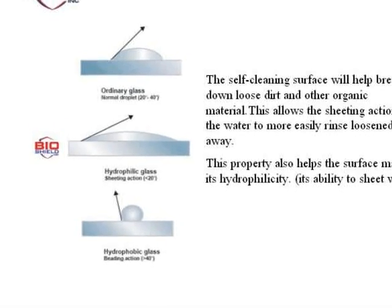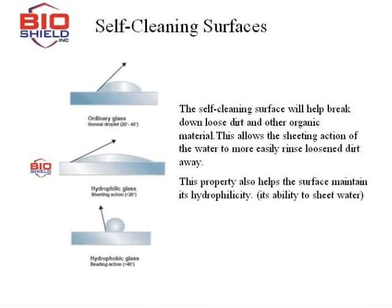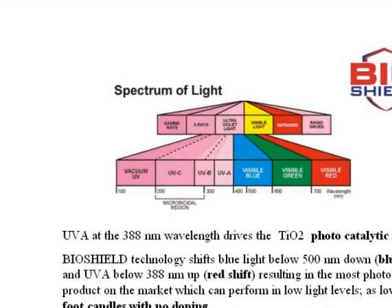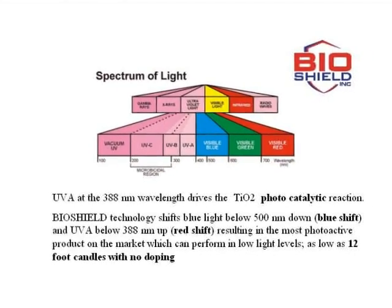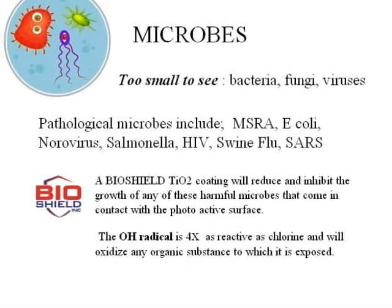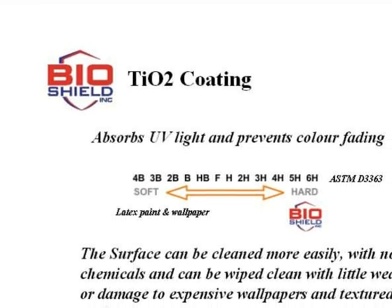A hydrophilic Bioshield surface allows the surface to be cleaned using simply water and a cloth with no cleaning chemicals. UVA at 388 nanometers wavelength drives the TiO2 photocatalytic reaction. Bioshield coating is also hard, and the surface can be